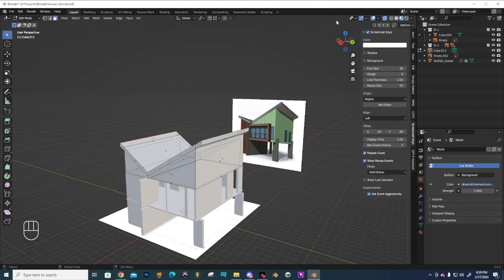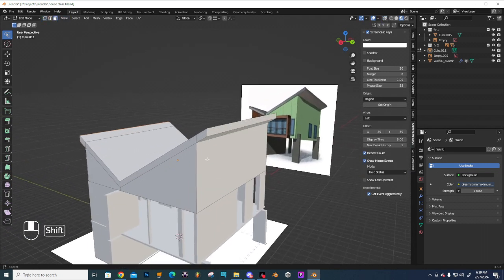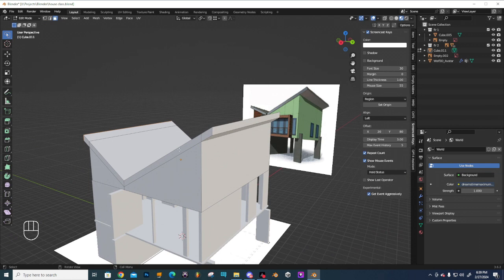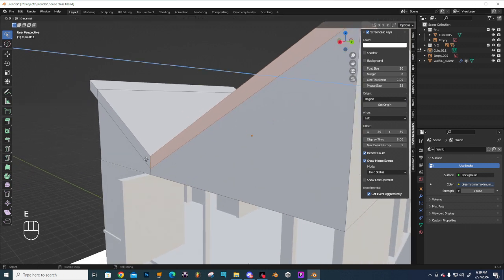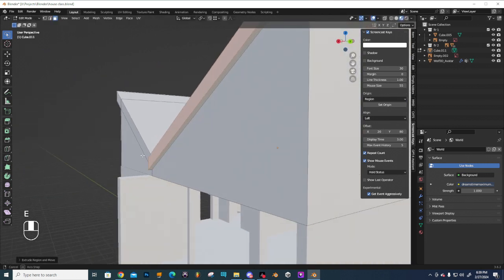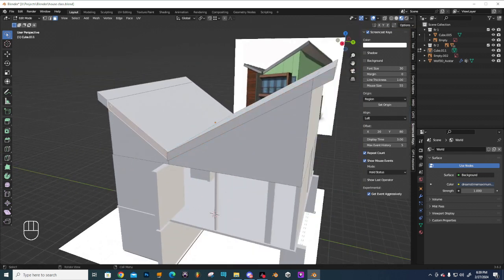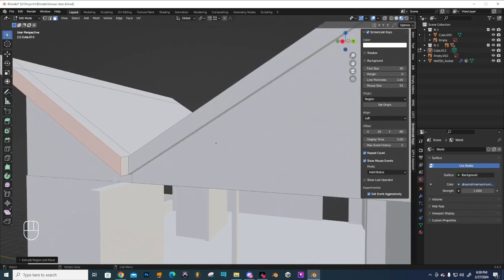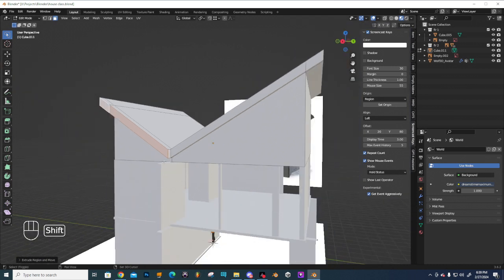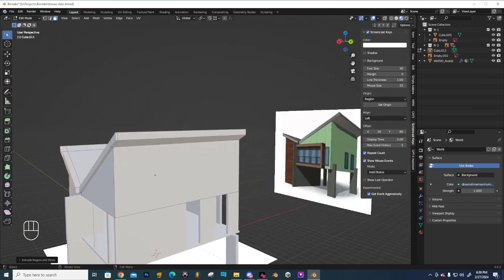Alright, so I'm going to go into face select now, turn off my x-ray mode, and for this front here, I'm going to do a light extrusion, about right there. I'm going to grab these two faces here. We're going to do a light extrusion to come past a little bit. And then also when we're done, we're going to bring all of this down to the actual vertices and get this attached to the bottom down there. And then we're going to go around